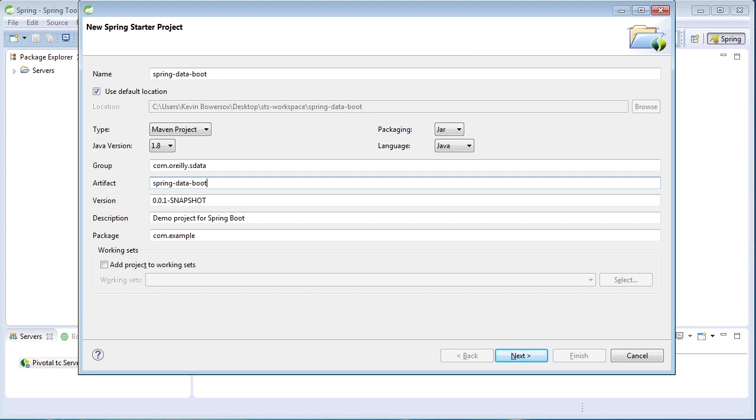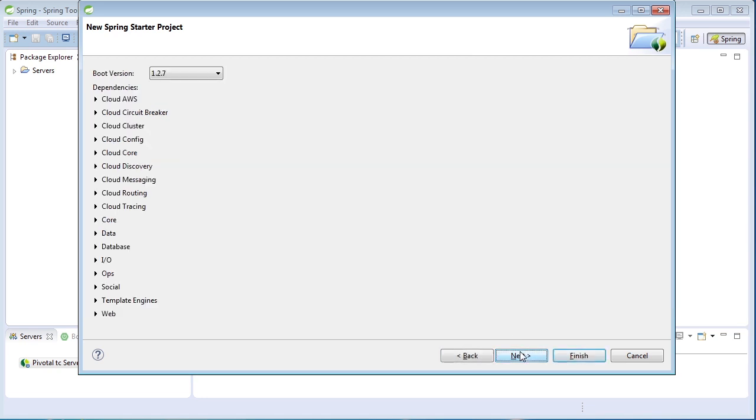And for the artifact ID, I'm going to use spring-data-boot. We can go to the packaging option to change the package structure of the application. So we'll use com.o'reilly.sdata as our root package. With this configuration in place, we can click on the Next button, and this will take us to a form